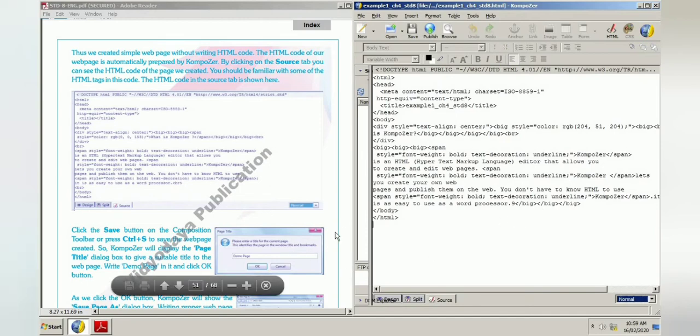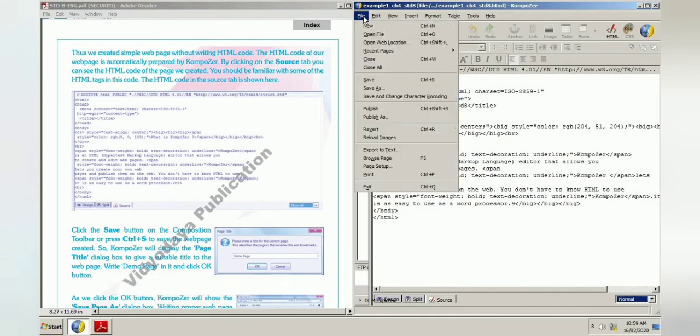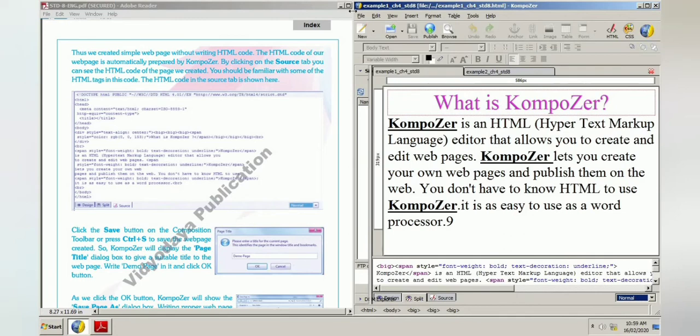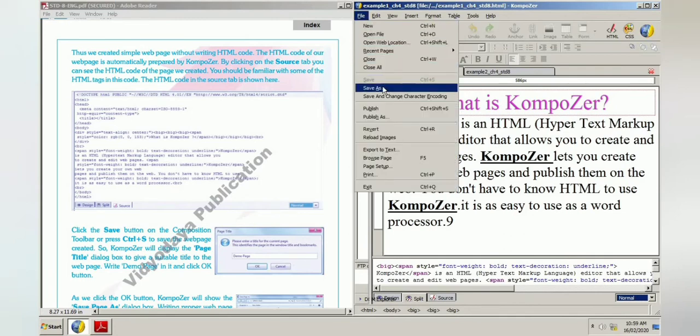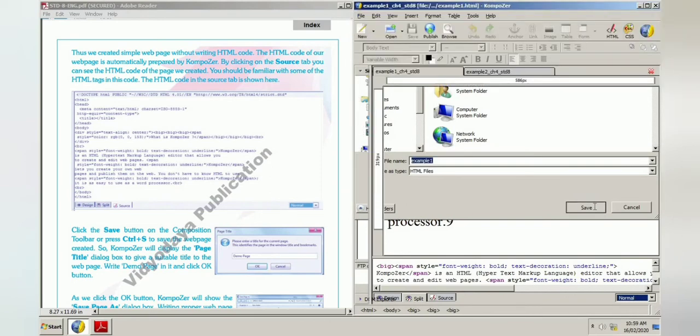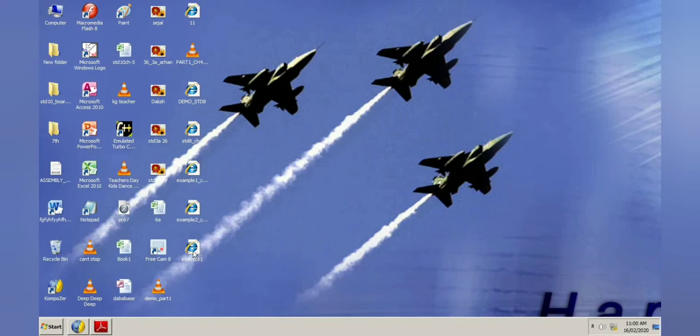Now we have to save this file. So click on File and Save. One time it's already saved by me, so I am using Save As to show you just how to save this file. When you go to Save As, it will ask you to give the file name. Here the file name is already given, I am giving example 1 as an example. Now you give your location where you want to save the file and save. Now you just minimize this file, and where we have saved the file on the desktop, here you can see example 1 is visible.